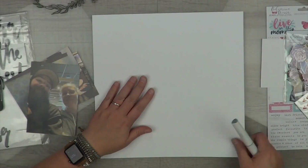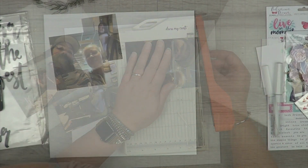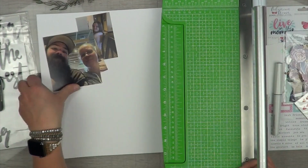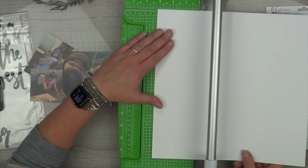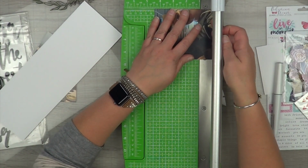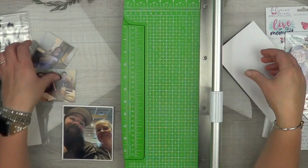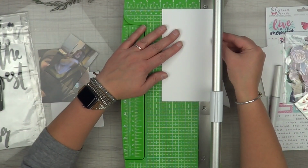All right, so now I'm going to work on my photo mats. Like I said, I have absolutely no pattern paper that matched the purples in this color theme. Now, I had purple pattern paper, but it was more on the bright and cheerful side or the deep, dark, and dreary side. So I didn't have that in-between soft